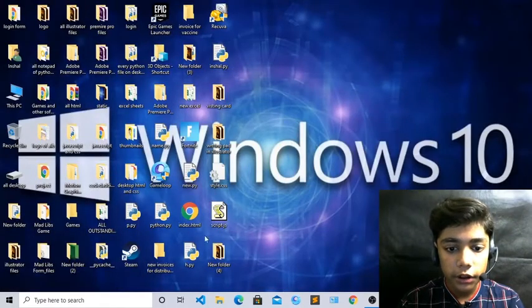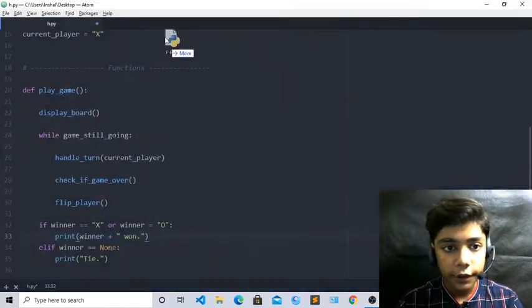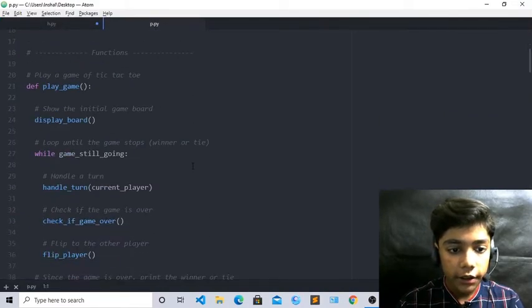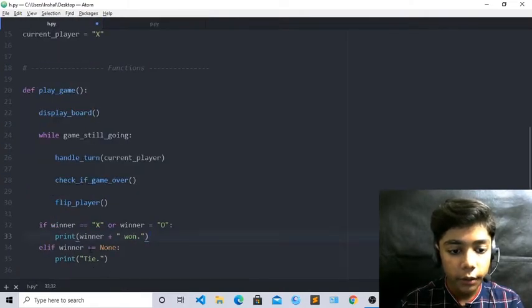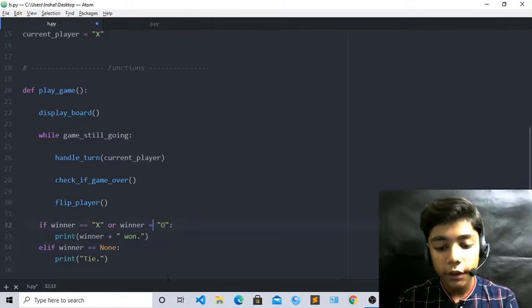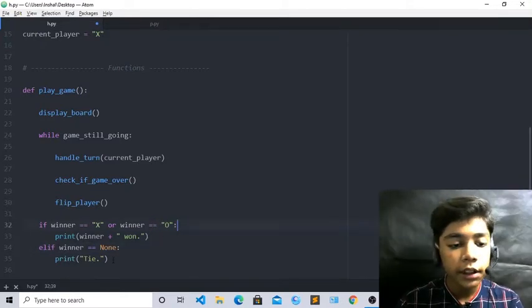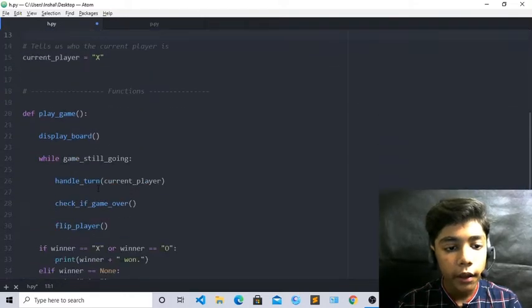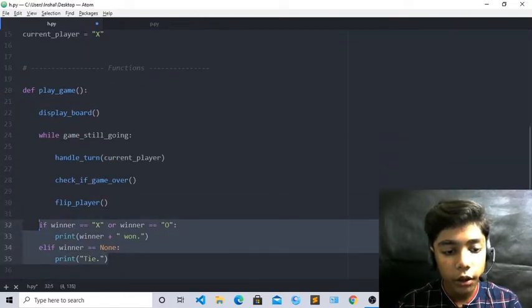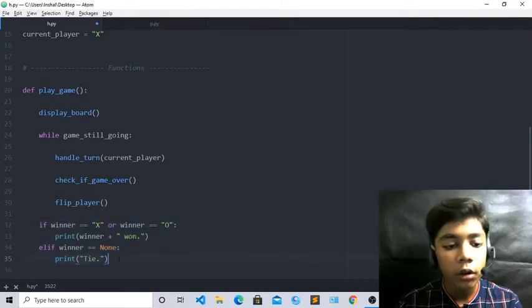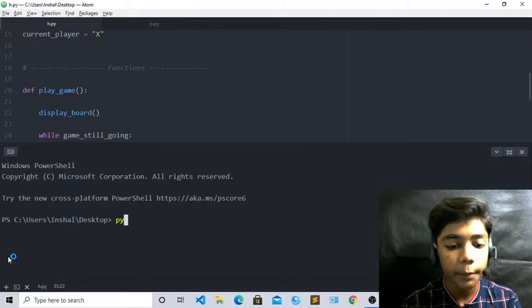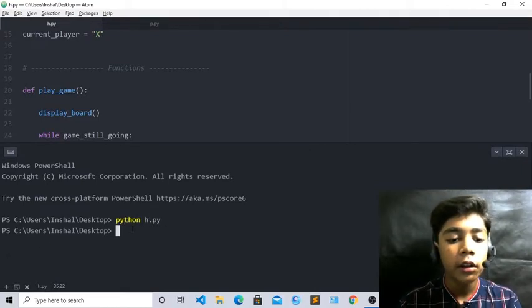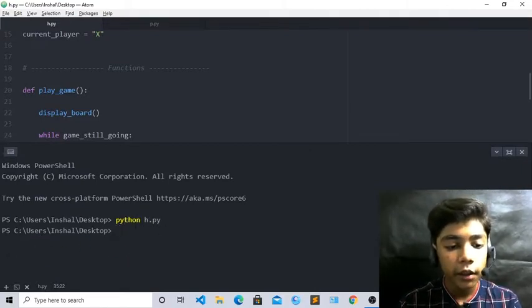First of all, I am taking this file from here. I have already defined these things here also. Now just go to this file, and write equal to again here. So now you can see we have defined these things, and I hope you also understand how to define this text. Now just save it, come over here and write python h.py. Now you can see it is working and it has no error till here.